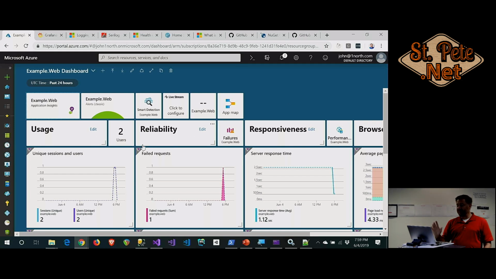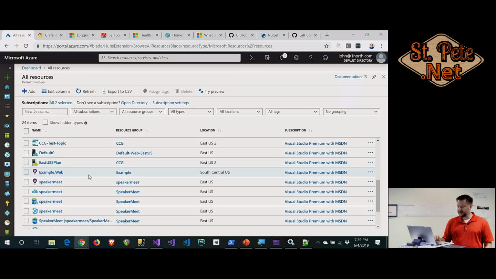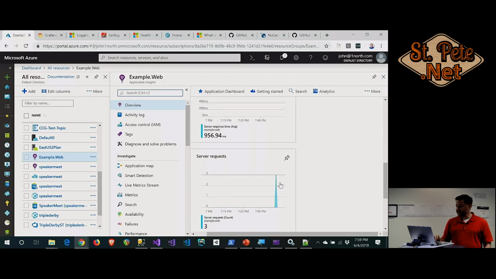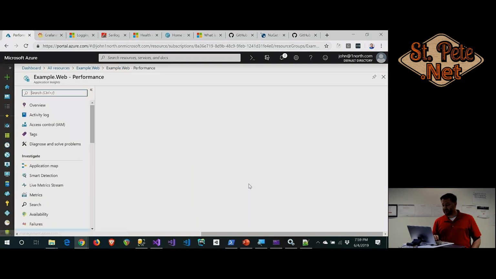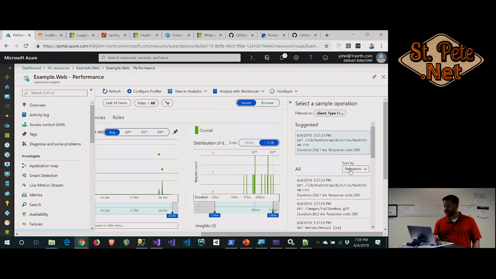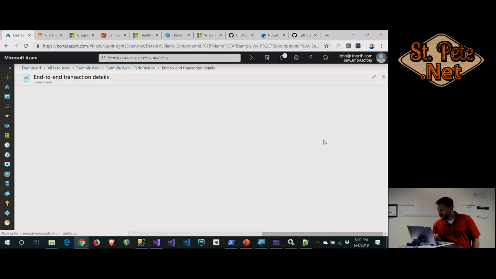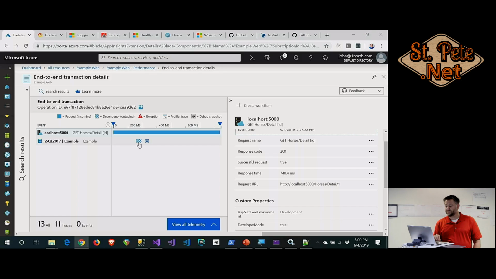But if you go into your Azure instance, you can create a dashboard, because we all love dashboards. You can make this one your dashboard if you don't like Grafana. And then you can see your reliability, your usage, and your failed requests, and all kinds of information. You can go into the resource itself if you don't like the dashboard. And we can start looking at failed requests and availability and sample server requests and fulfilled requests, and go in and collect some of the sample data and see that,